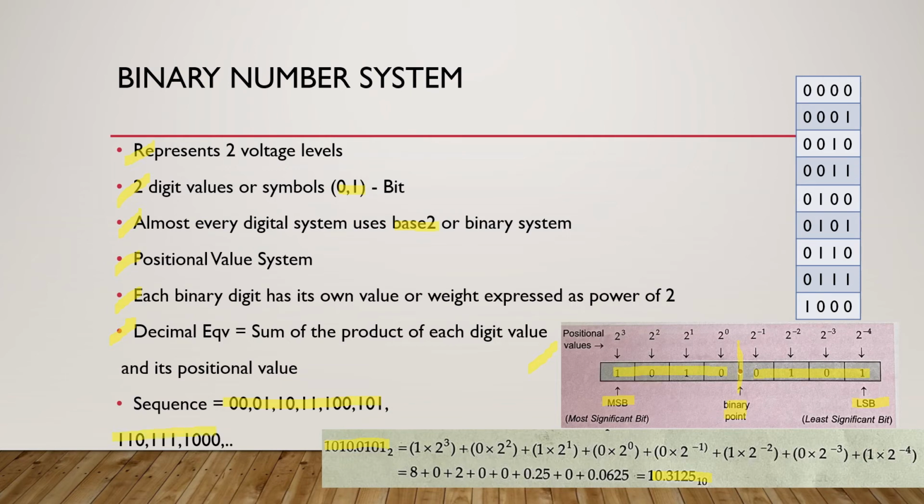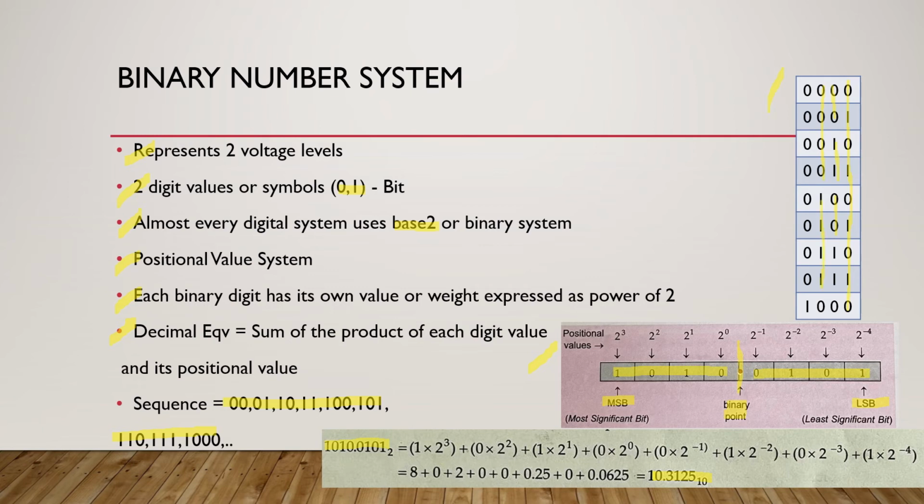100, 101, etc. To understand further, let us look at this table. We can see that the unit bit, LSB, that is the 2 to the power 0 position, changes from 0 to 1 or 1 to 0 with each count. The second bit, which is the 2 to the power 1 position, remains at 0 for 2 counts, then changes to 1 for 2 counts, and then changes again to 0 for 2 counts, and so on. The third bit, which is the 2 to the power 2 position, stays at 0 for 4 counts and 1 for 4 counts, and so on.